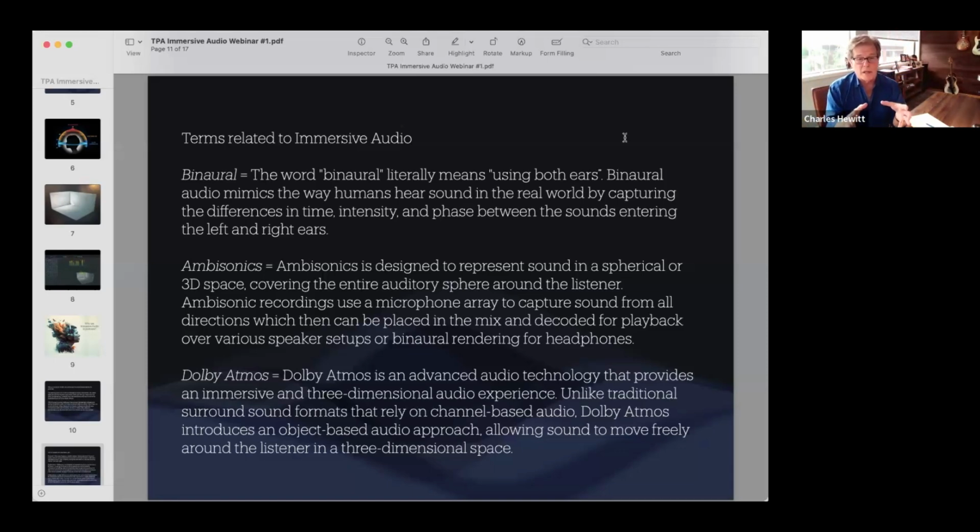An ambisonic microphone array will actually capture that, and then you can bring that back into the studio space. So ambisonics is designed to represent this spherical 3D space, and the ambisonic mics out there are pretty extraordinary. And then Dolby Atmos, as we have explained earlier, is the ability to take specific sound elements and